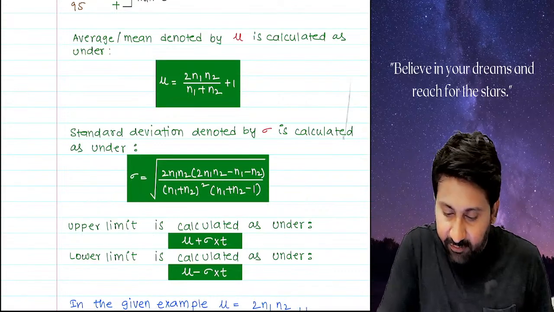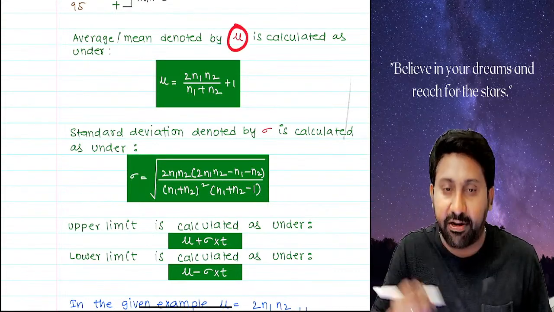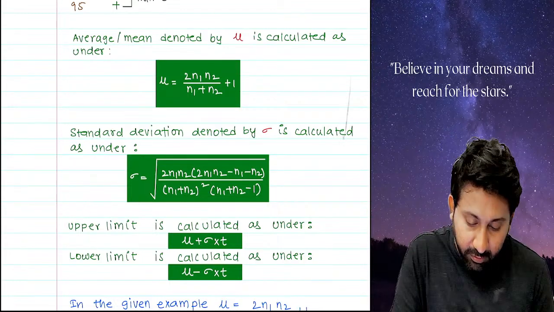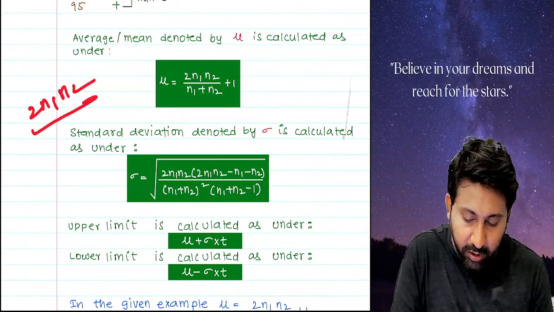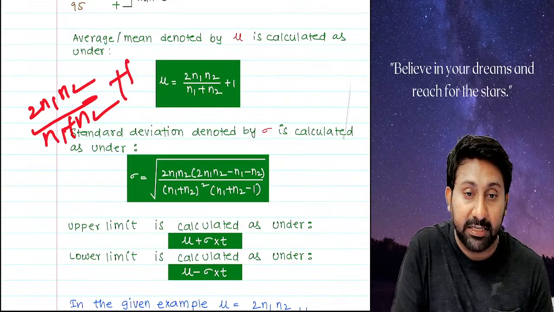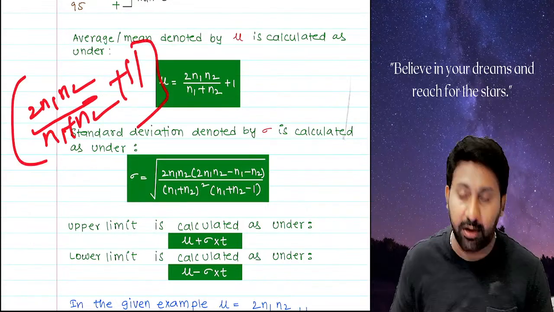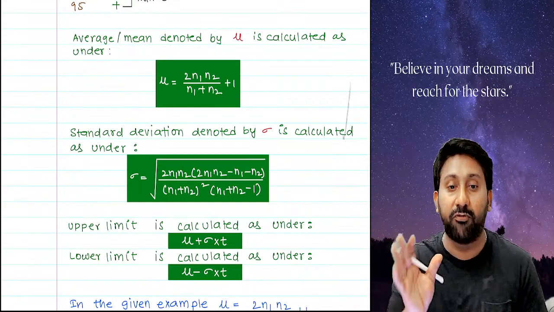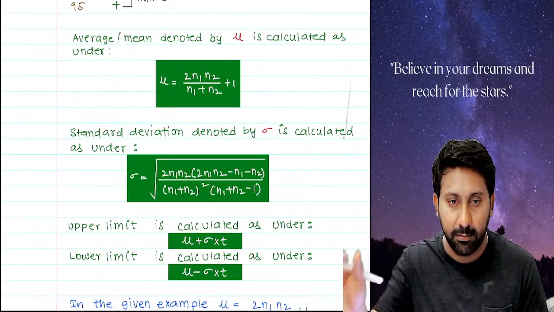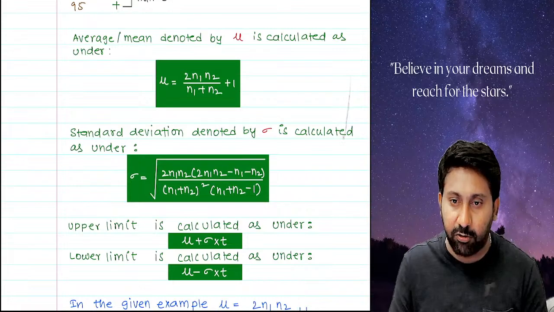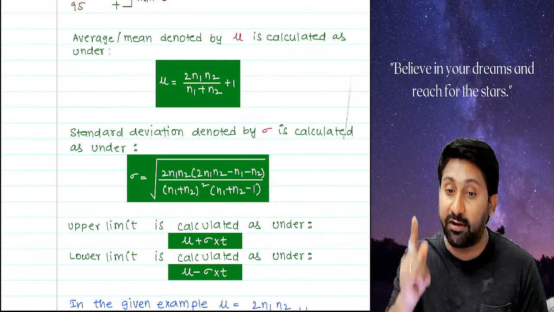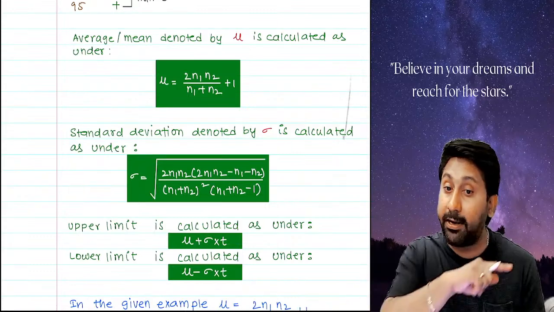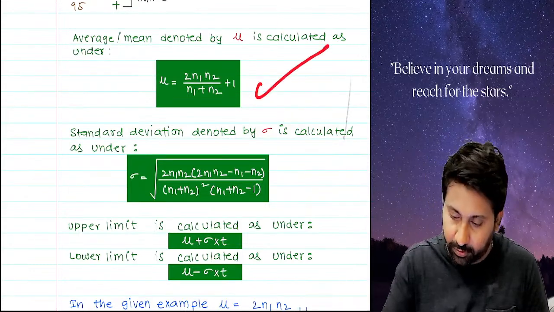First, these 3 formulas are the heart and soul of this particular area. Point number 1: mu means an average. Now, average has a formula: 2n1n2 divided by n1 plus n2, plus 1. This is not the time for the logic behind the formula. First remember what the mu formula is. Mu is represented by mean or average, equal to 2n1n2, where n1 is the number of positive runs and n2 the number of negative runs, divided by total runs, plus 1.